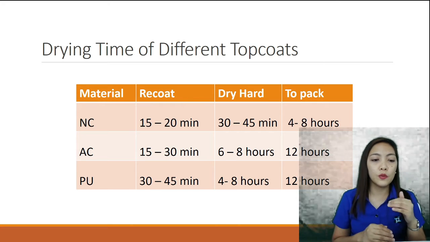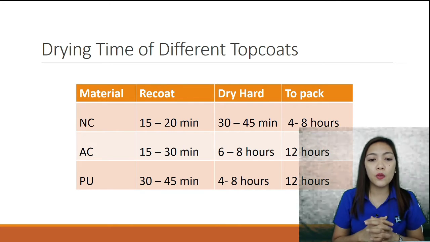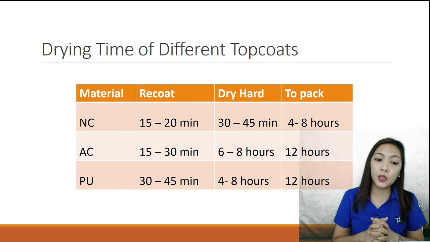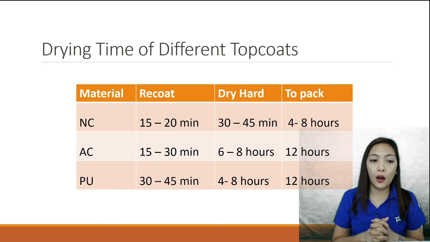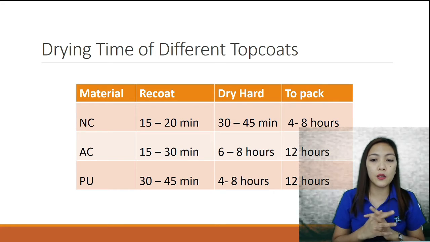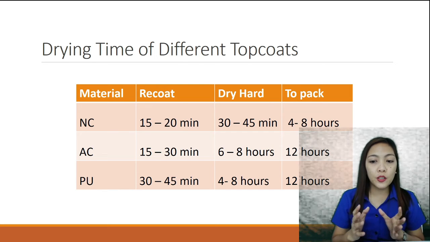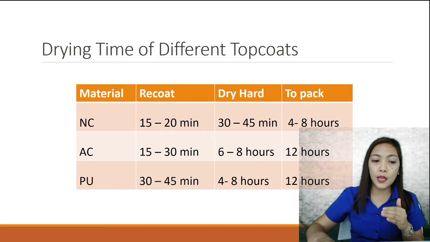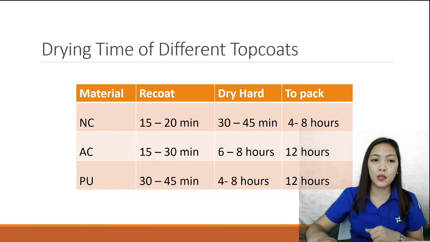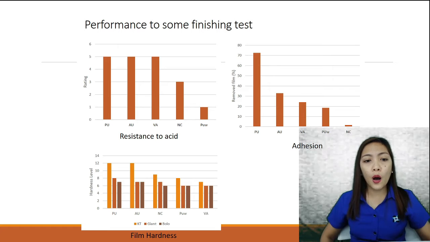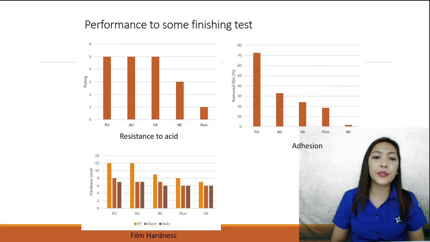So, as you compare with AC and PU, yung PU has longer recoat time from 30 to 45 minutes, and to the dry hard ng 4 to 8 hours. So basically 8 hours siya magiging dry hard, and yung for packaging, it takes for AC and PU 12 hours. So these slides, I just want to show how itong iba't ibang types ng top coat perform,